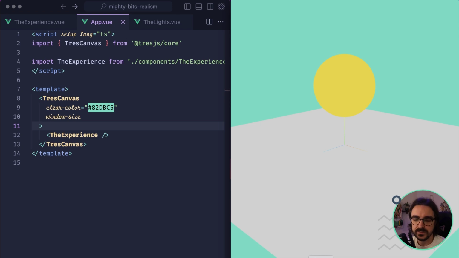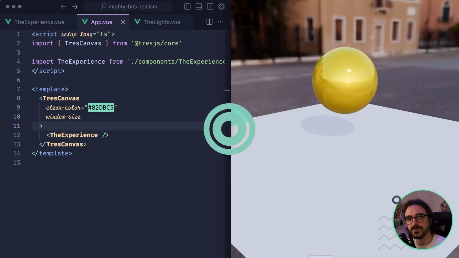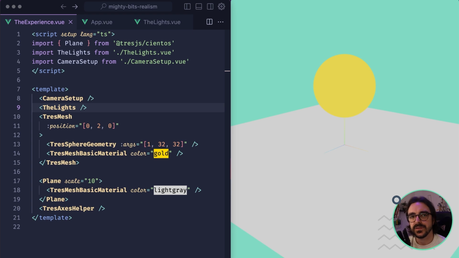To transform this into this. When you're creating 3D scenes on the web by using TresJS or even just Three.js, your scenes at the beginning might look a little bit dull, plain, and that's because we need to add extra configurations to make it more realistic. We have a scene with a sphere and a plane that serves as a floor, and we have some